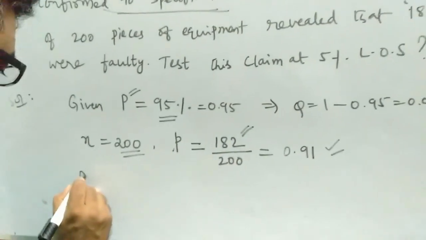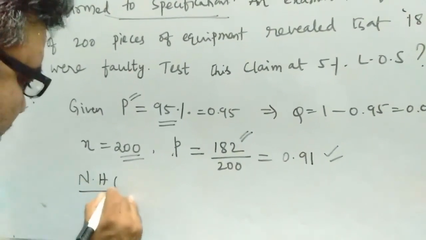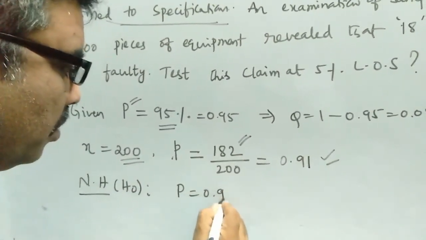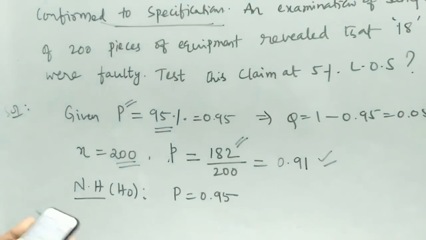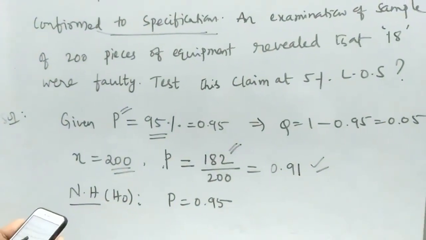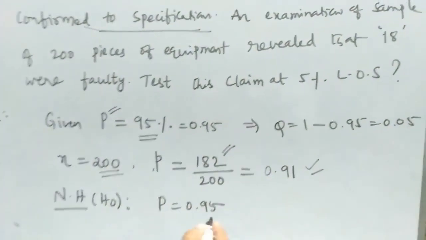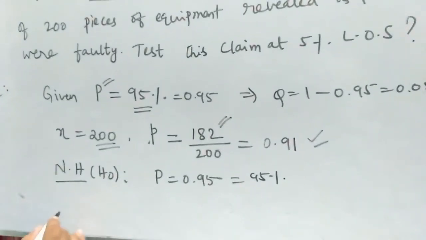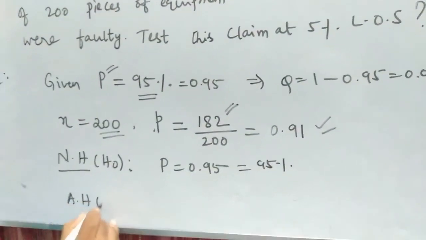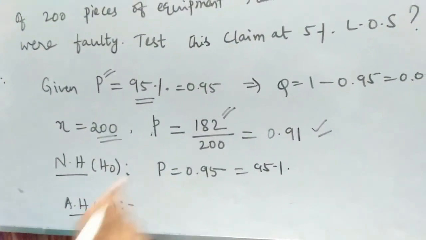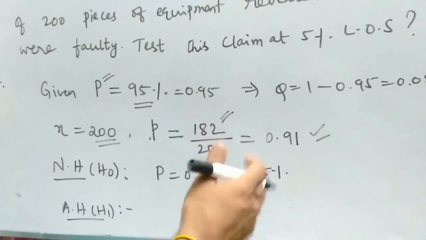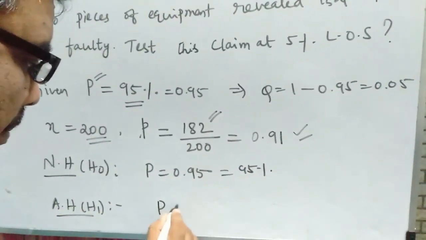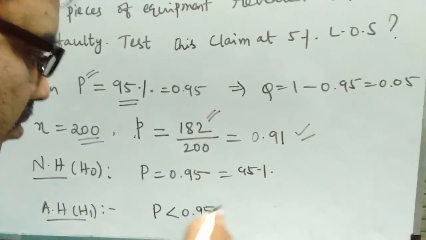So now I am using the testing of hypothesis. I am starting with the null hypothesis H0, that is capital P is equal to 0.95, minimum 0.95. The 0.95 is the minimum, that's what he is saying, or I can write it as 95%. Capital P is equal to 95%. Minimum 95% means it can be 96, 97, 98, 99 or 100. That means what you have to take here is the alternative hypothesis P less than 0.95.